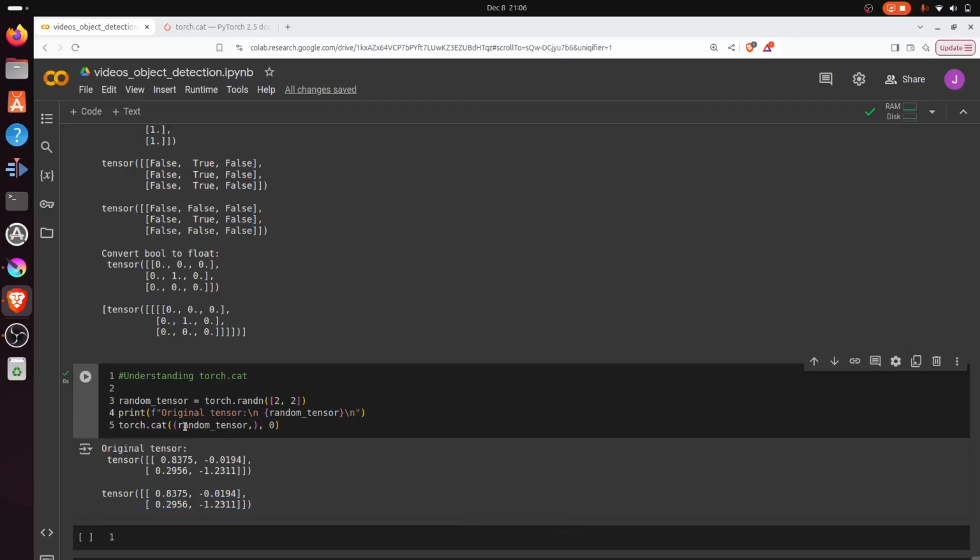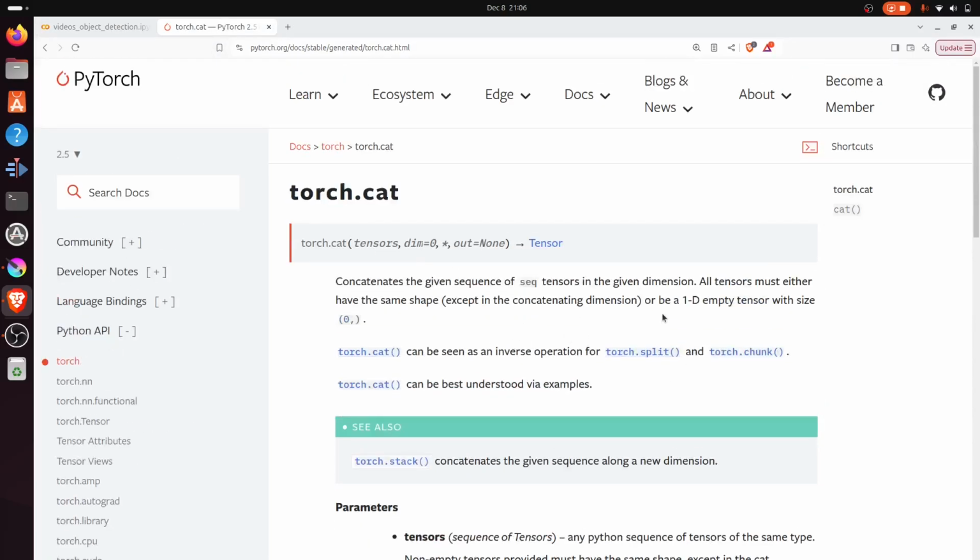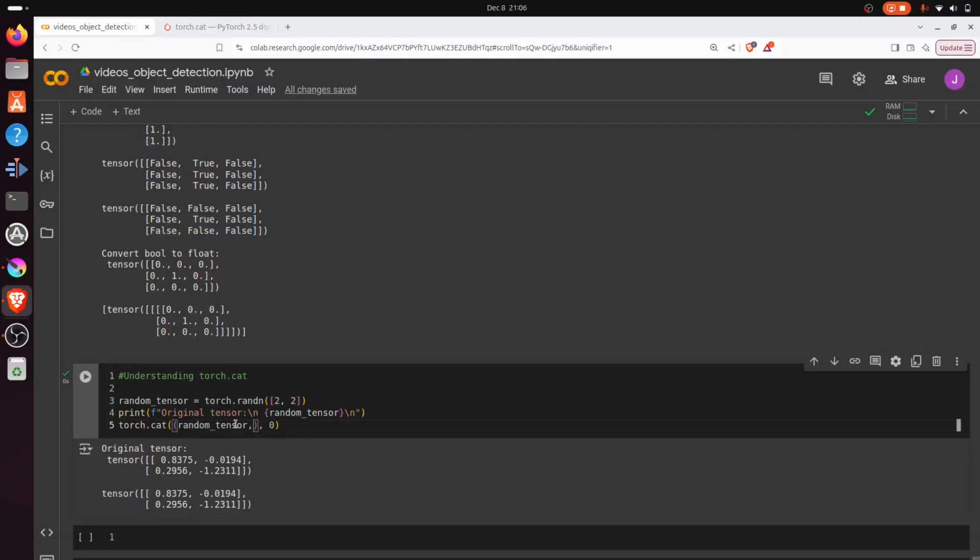Why? Because, of course, this is a tuple, but not really, because there's no other element, right? So actually here there's something. You can also run it with a 1D empty tensor with size number comma nothing, right? So if you just do that, nothing's going to happen. Okay, so if you actually want to concatenate, you need to place here the tensor that you want to concatenate